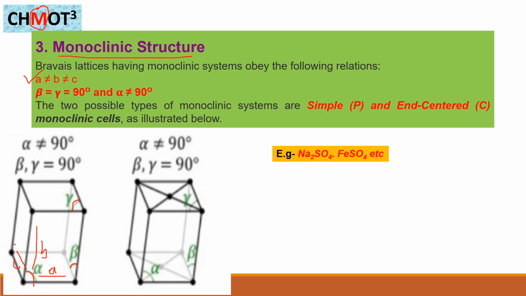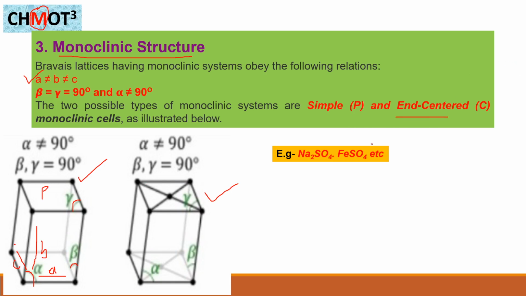It means that the angle was tilted in the direction of the x-axis, not a straight direction, it's simply tilted in the lower angle direction. Okay, so these two types are possible in the monoclinic structure. This is the one and this is the two, and this image shows a simple structure, or primitive structure, and the other one is the end centered.